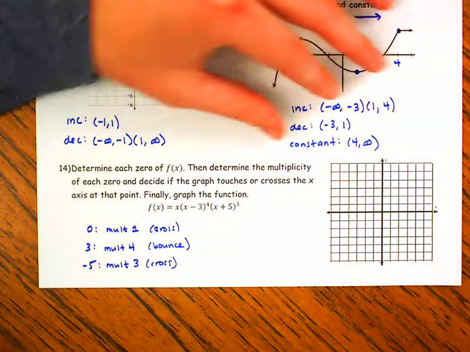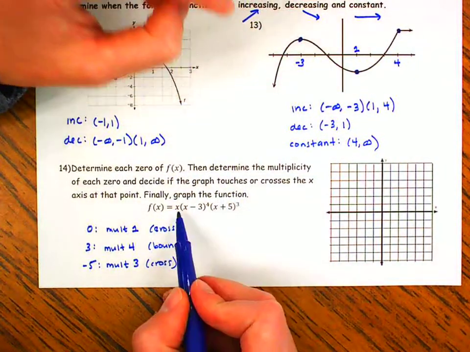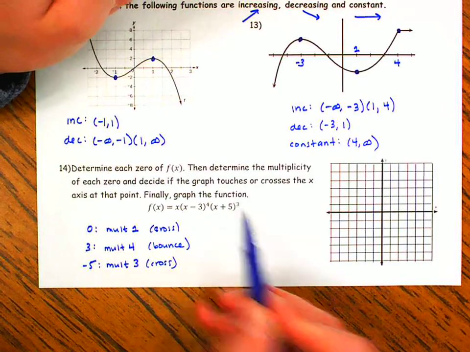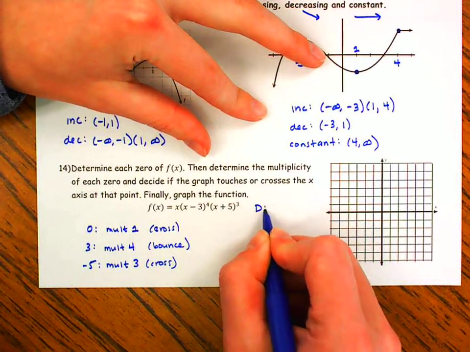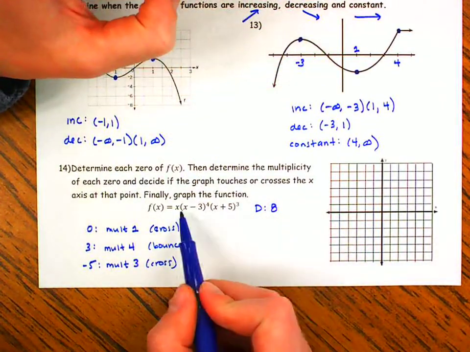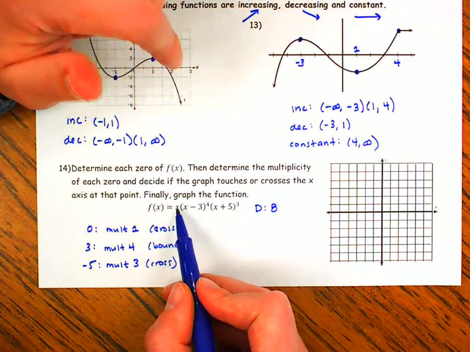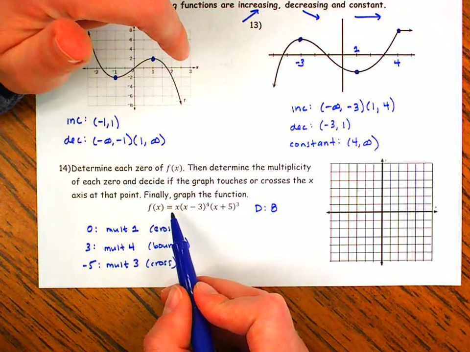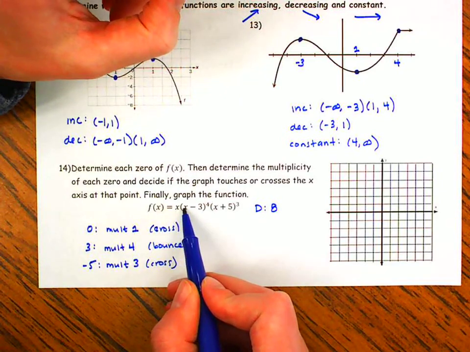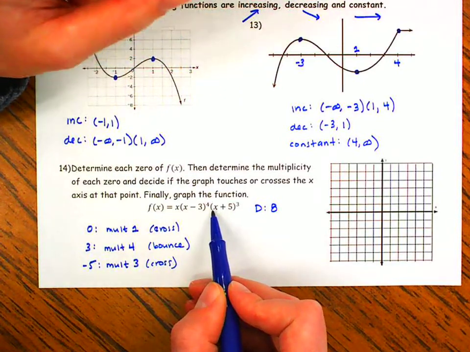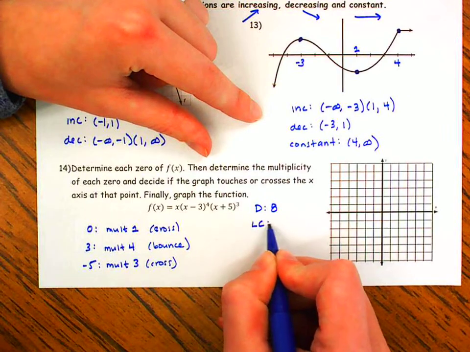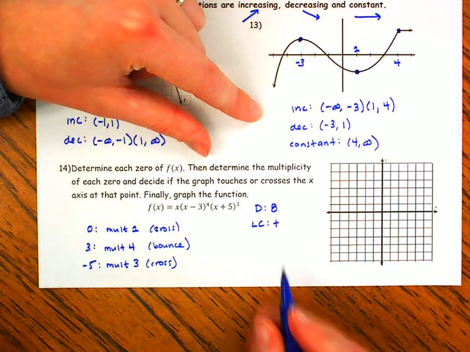Now, before I graph, I like to check a couple other things. You'll notice that I have degrees of 1, 4, and 3. The overall function has a degree of 8, because if I FOILed this out, this would be x to the 4th, x to the 3rd, and x. So together that's going to be x to the 8th. You'll notice if I multiply x, and then these x's and these x's, there's going to be a positive leading coefficient. So if it's even,